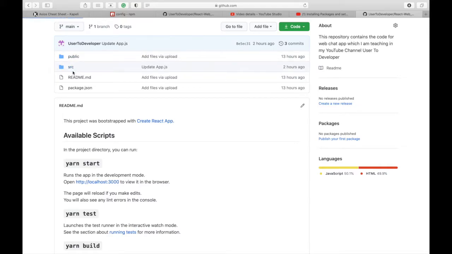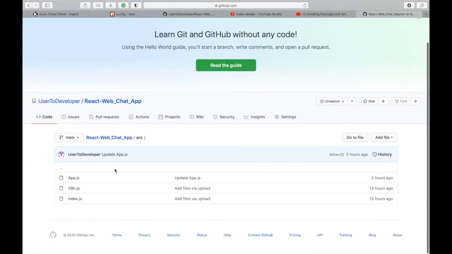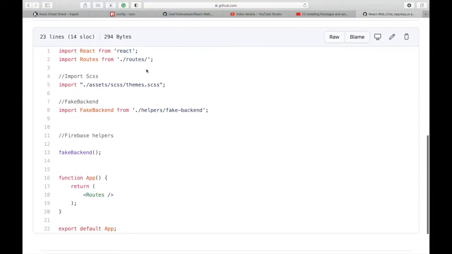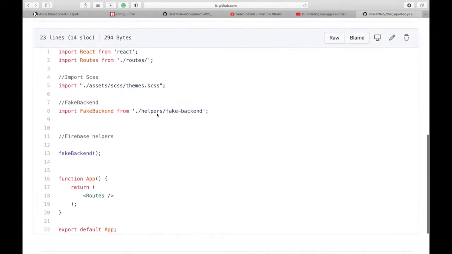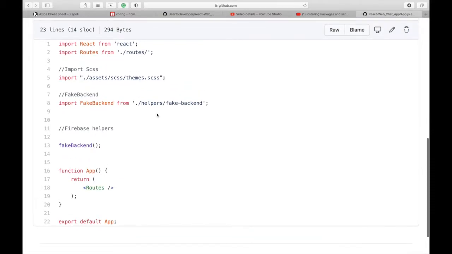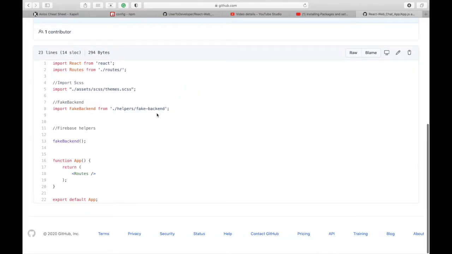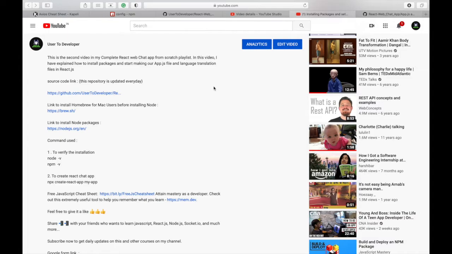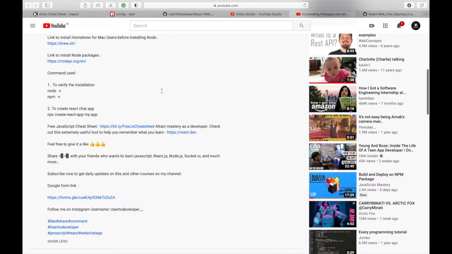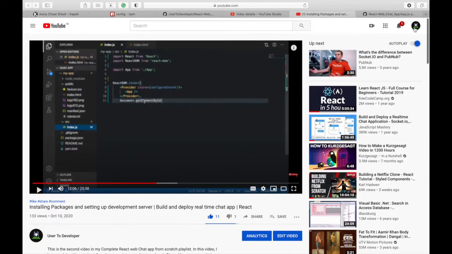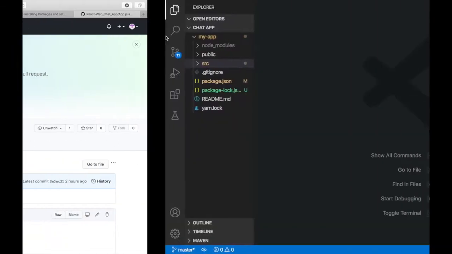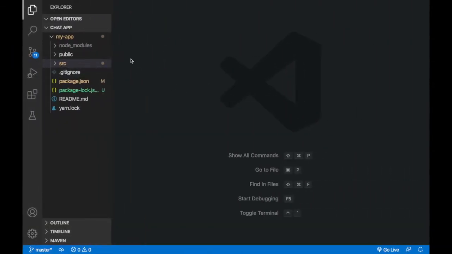So as you can see, if I go in this source directory, and then you can check the code in this app.js file that I have written yesterday. So this is the code, and you can use it to check your code, whether there is some mistake or not. If it's not working, you can also get help by reaching out to me in the comment box. So friends, this is how you can get the source code, and after getting this source code, let's now start building our backend section.